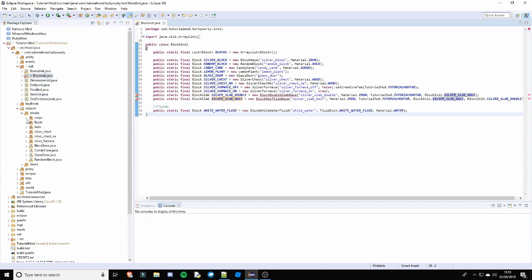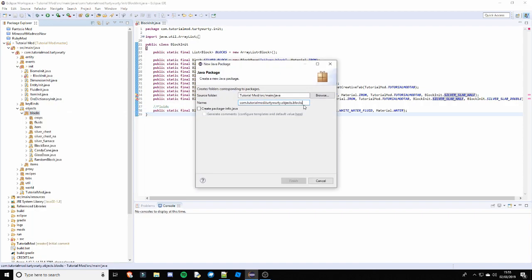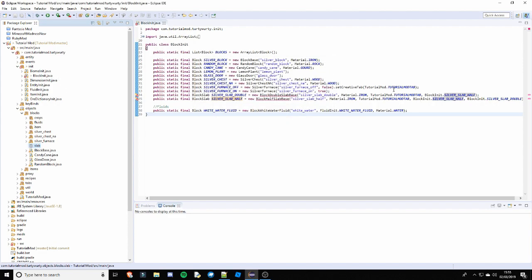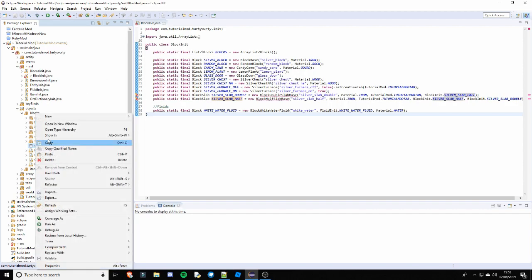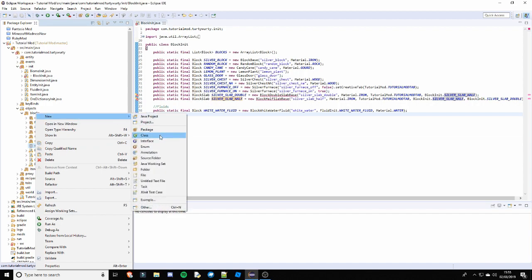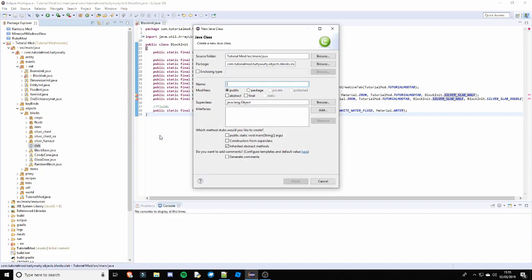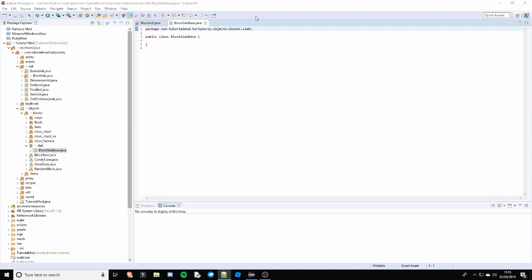Next we need to go into our blocks package and create a new package, and I'm going to call this .slab. I have made this so you only need 3 classes, and you can make as many slabs as you want off of just those 3 classes. And you won't need to create any new classes after that. So inside of here we're going to create a new class, and we're going to call this block slab base. This needs to extend block slab and import block slab. Then we need to create a variable, so block half, just like that,